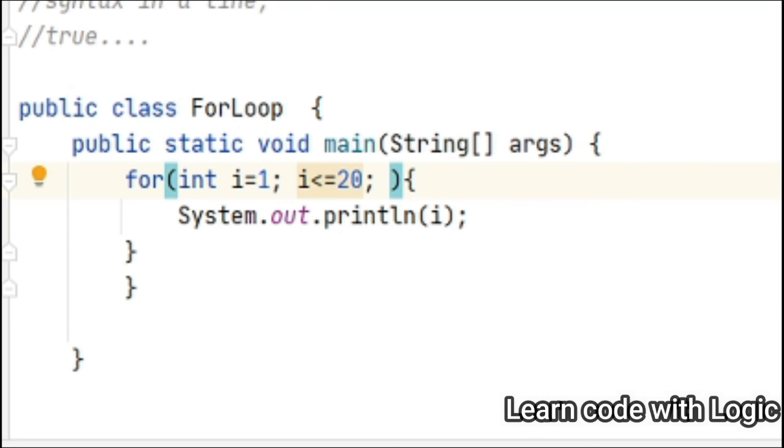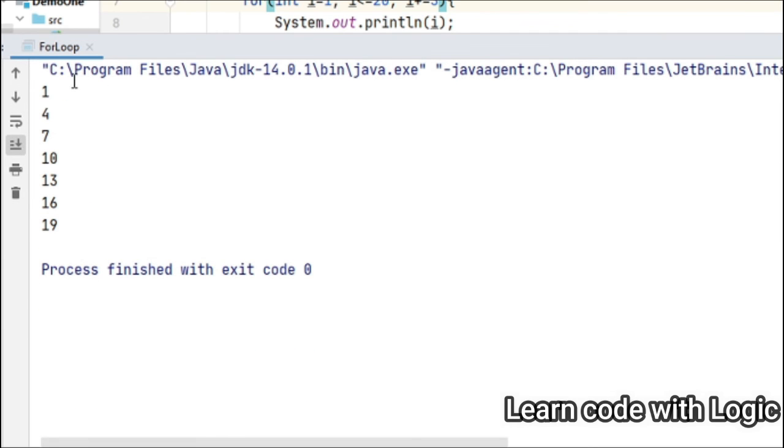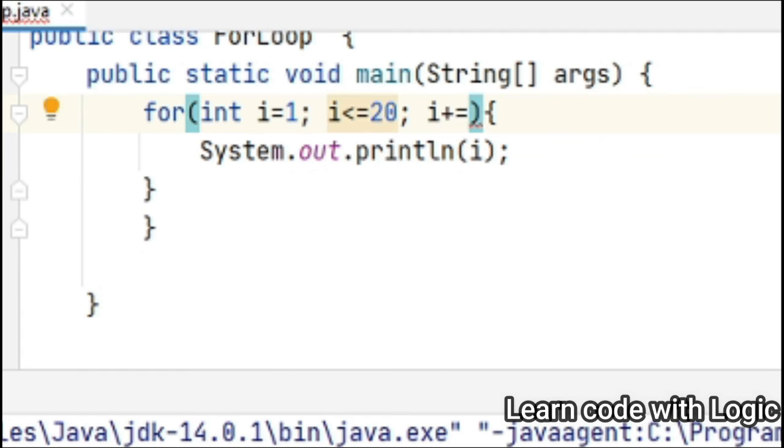Suppose instead of increasing 1 by 1, you can also increase 3 at a time. Look now, 1, next adding 3, next again adding 3, next again adding 3. That's how these operators work here.